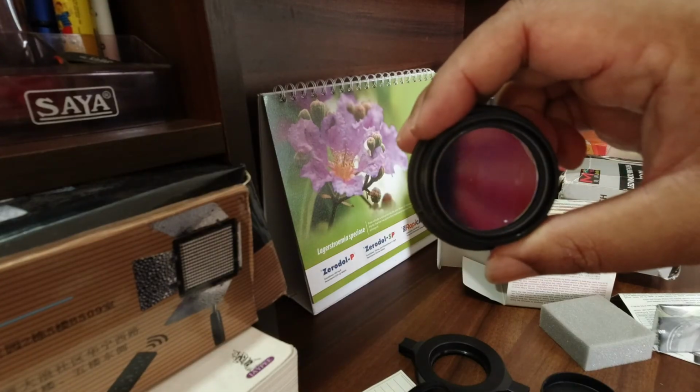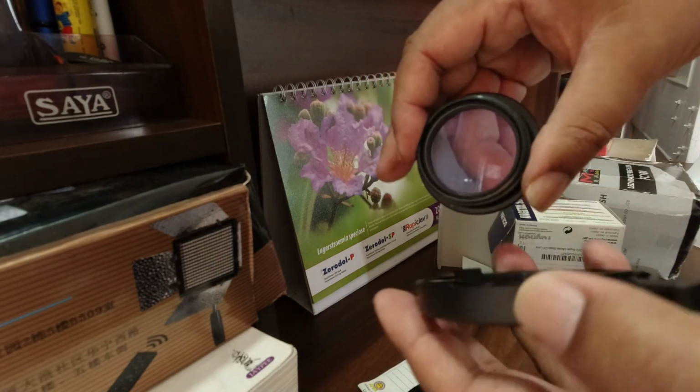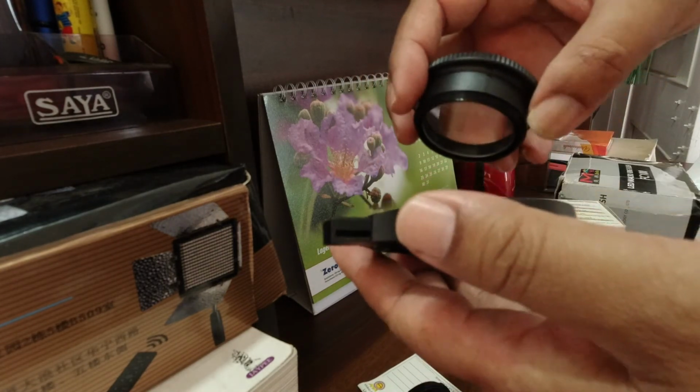So how to attach this lens? Now I will show you. First, this is the EOS M50 camera. You can see this is the 15 to 45 mm kit lens. And now I will take this lens, this Canon DCR 250. You can see I will attach this to the